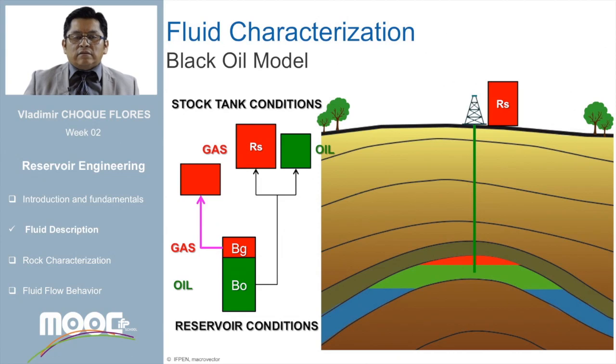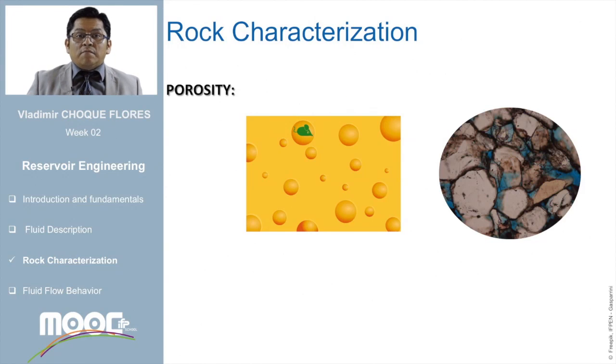and more gas may also be produced due to the expansion of gas from reservoir to surface conditions. Let us now see the main parameters in order to characterize the reservoir rock from a dynamic point of view. One of them is the porosity, and as explained previously by Jean-Pierre Deflandre,